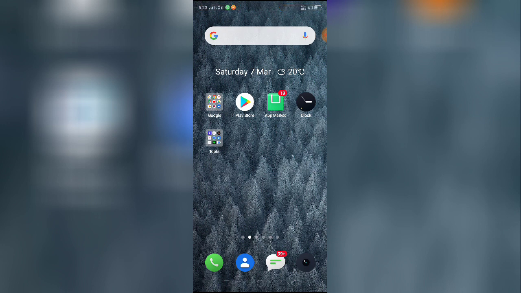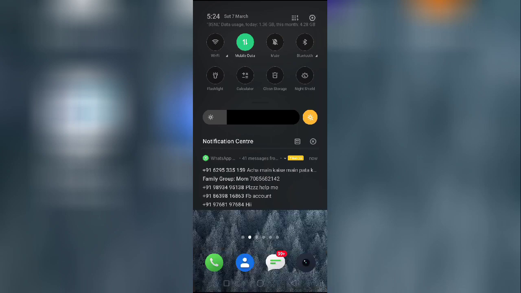The very first step is restart your device. Restart your device and then check whether your Domino's app is working or not. The second method is check your internet connection. Sometimes our internet connection gets automatically turned off and we do not notice, and our app doesn't work. So first check whether your internet connection is turned on or not. If it is turned on and still it is not working, then I suggest you follow the third step,